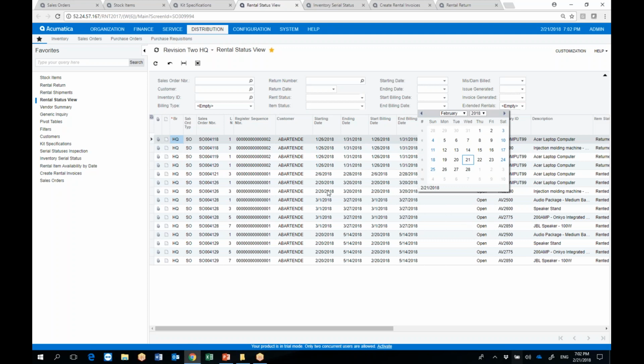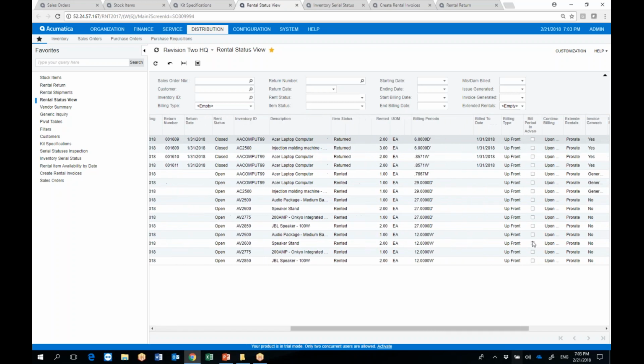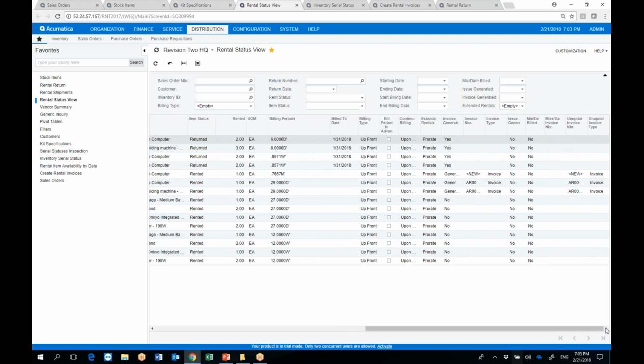So the system in this program would show you what products are to be shipped today, or what products are due coming in today, what products have been invoiced, what lines have been flagged for missing and damaged, what periodic billings have taken place for what periods, what's the period. So it's very good in that it gives the users the ability to take actions